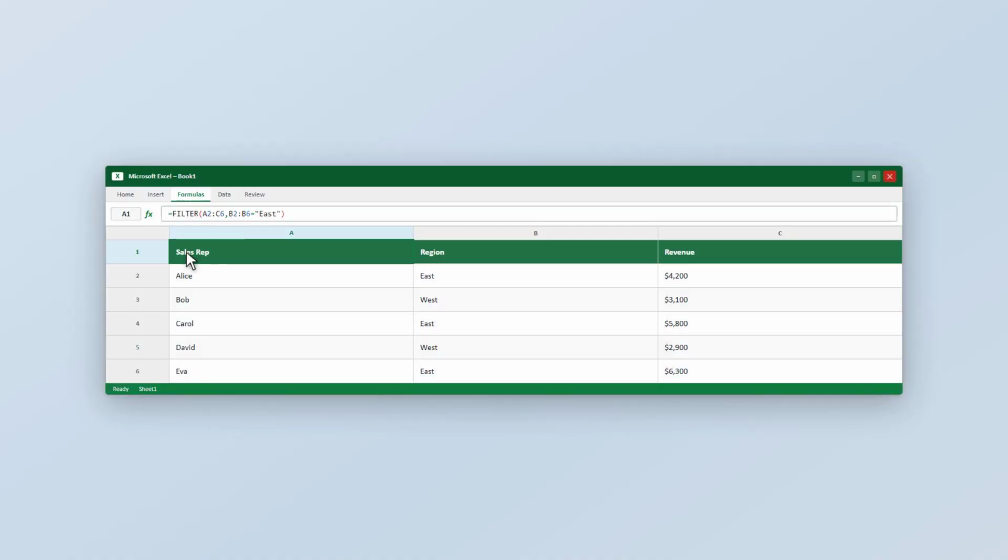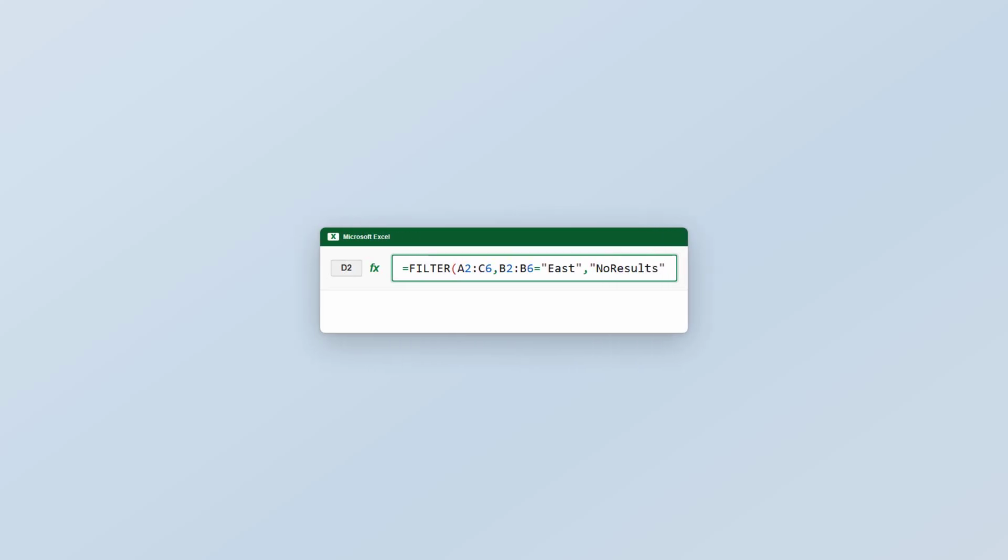And when the data changes, they have to do it all over again. Here we have a sales table with 3 columns: sales rep, region, and revenue. We want to instantly pull out only the rows where the region is East, without touching the original data at all. The formula is equals FILTER, then the full data range, A2 to C6, which is everything you want to return,